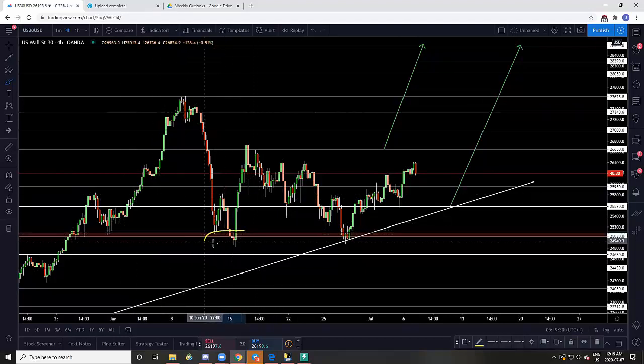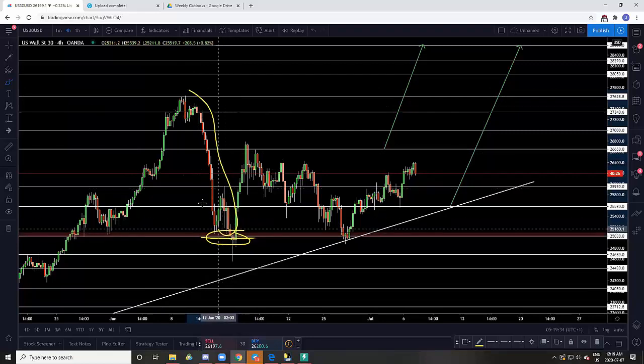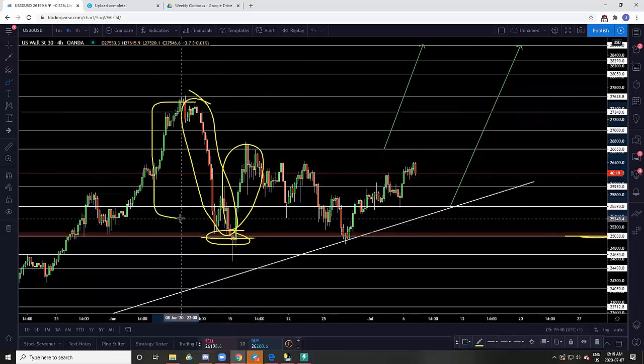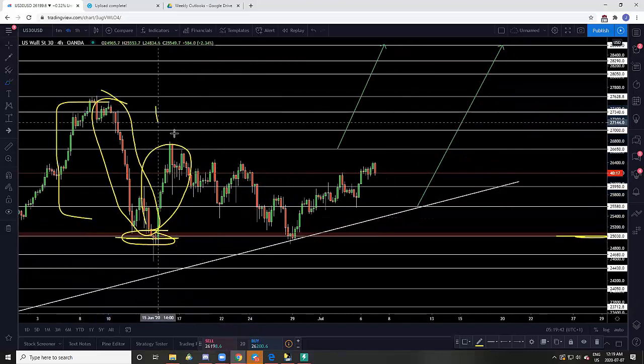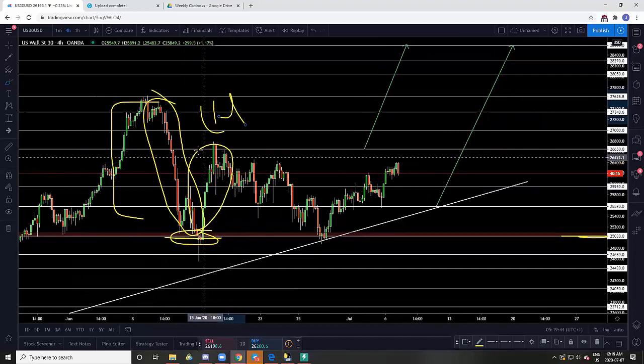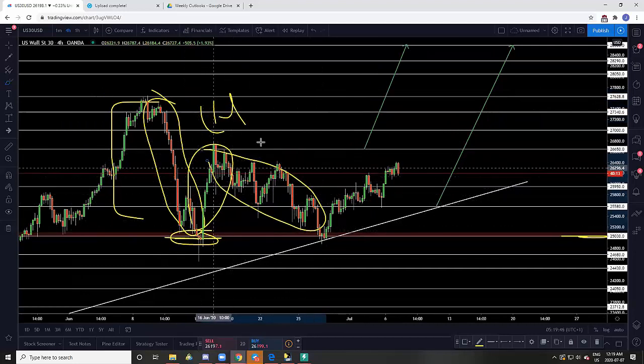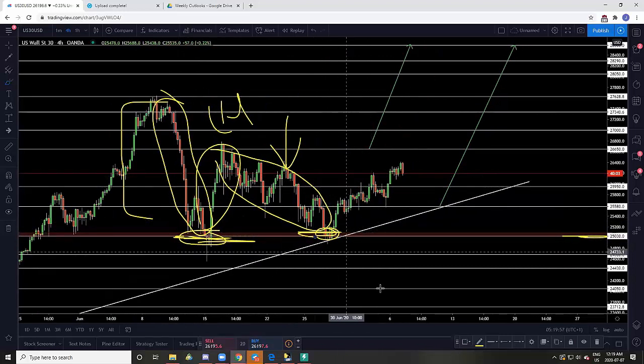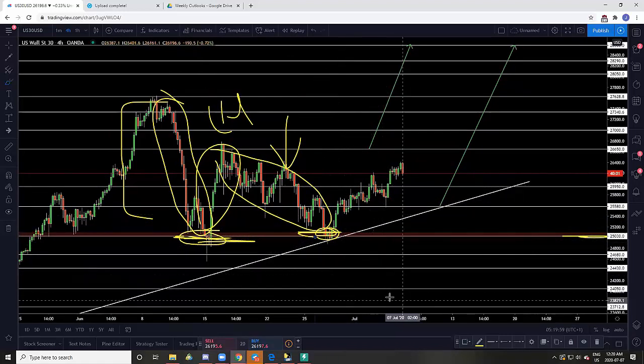The multiple attempts of sellers to try, like, look how strong these sellers' impulsive candles were, and it still stayed above our key level. Then you had buyers jump in, correct 50% of the downside move and create that lower high, and you're like, okay, we can get some more sellers pressure in. That sellers pressure did come in. The momentum was a lot weaker, and it stopped on a dime at our key level and that previous low. That's not enough sellers momentum or sell orders to break structure and to have that meltdown.